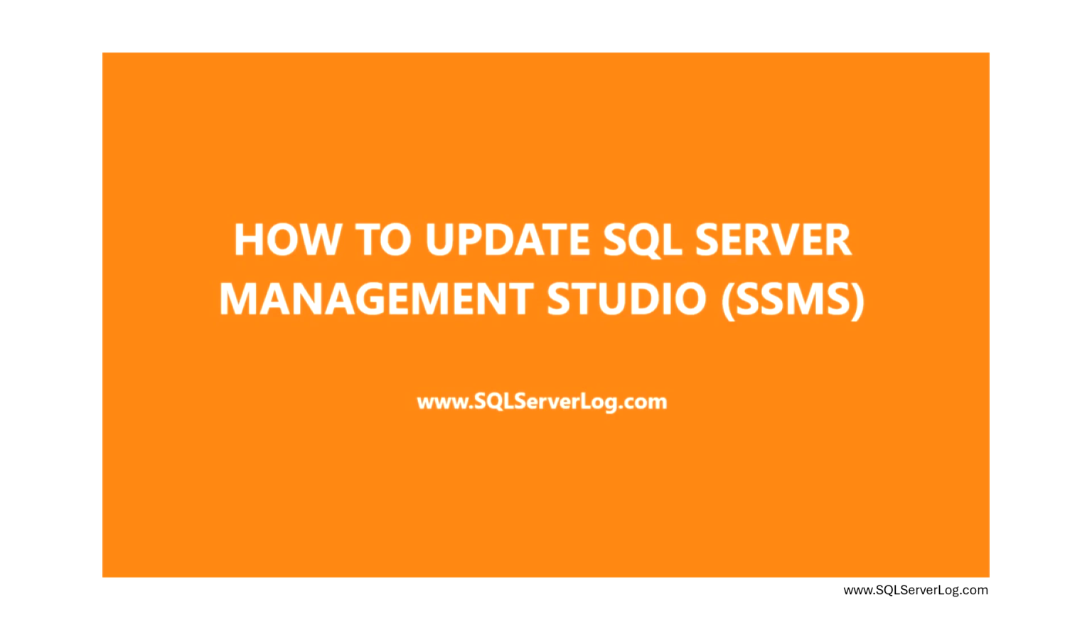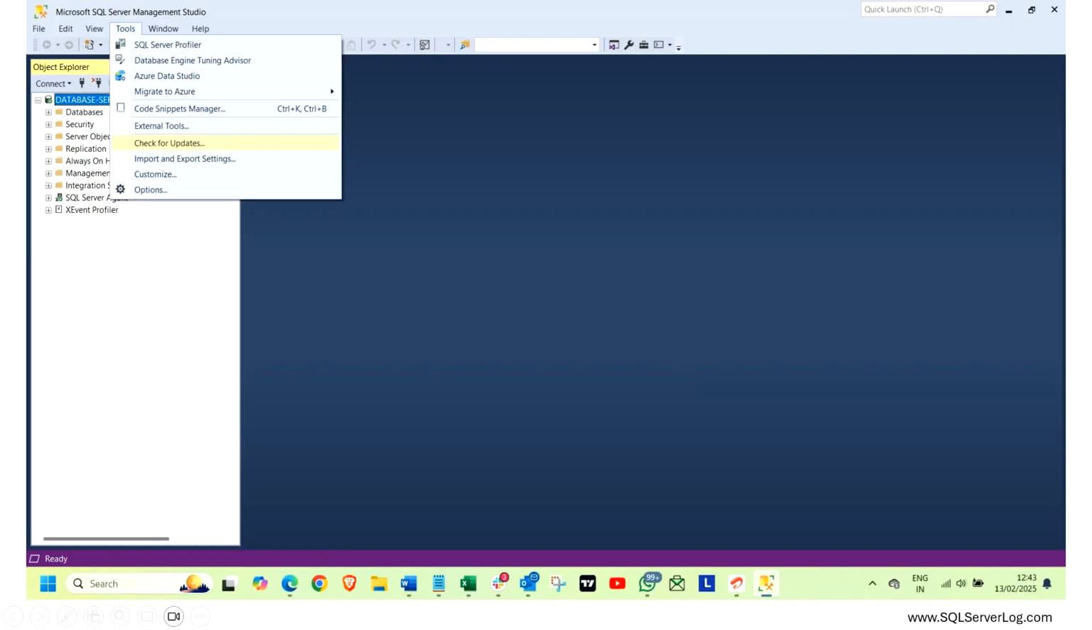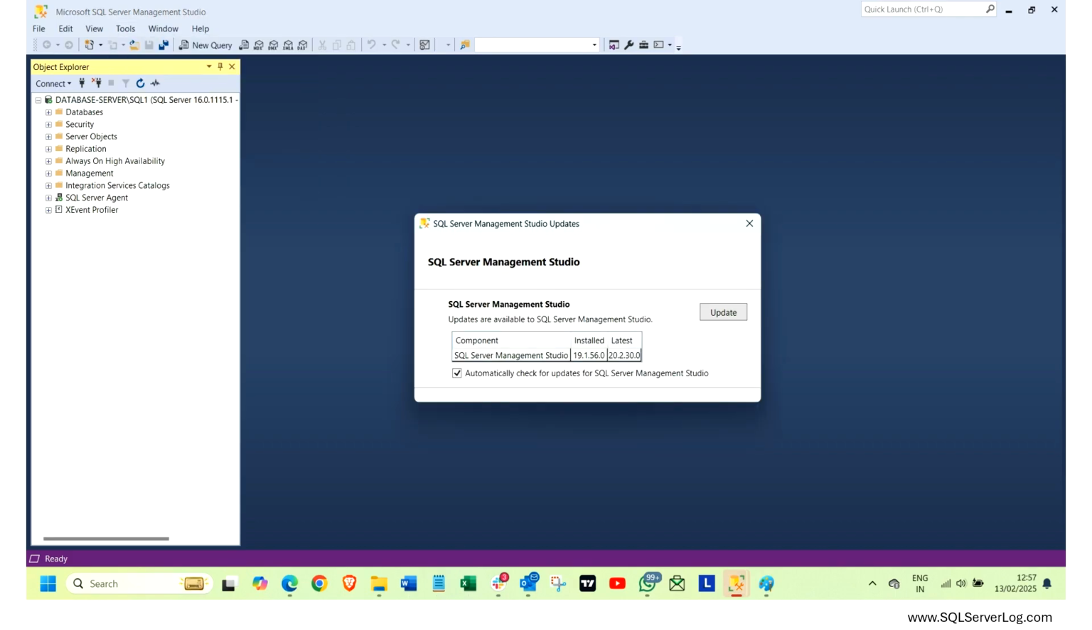Okay, so first of all, go to SQL Server Management Studio, and in Tools you can see Check for Updates. This option is available. You can click on it, then you'll get a small window, SQL Server Management Studio, where the component will show you what is installed, that is 19.1.56, which is the previous version, and the latest one is